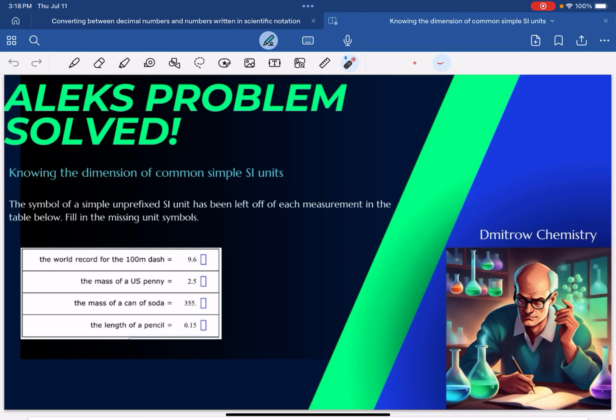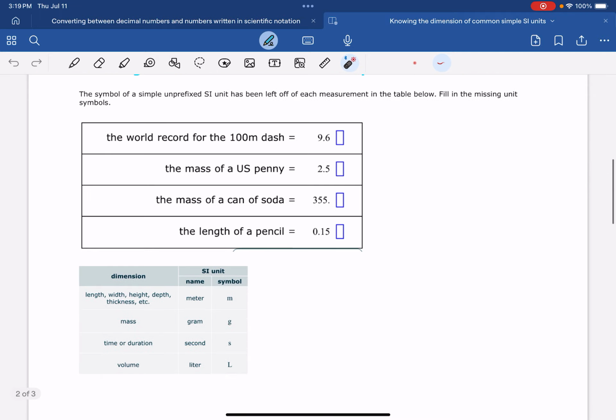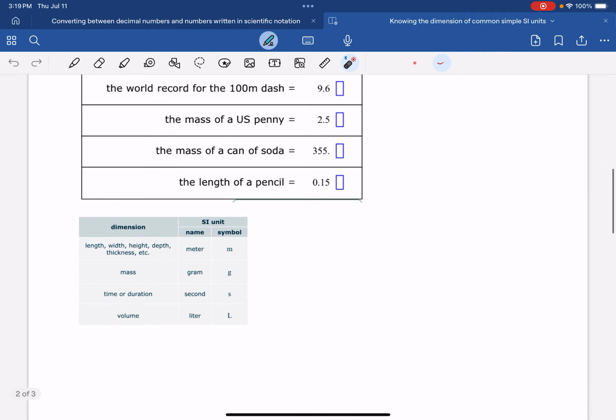All right, so this is probably the most basic type of problem you can have. It's going to ask you, hey, do you really understand what the units are in the SI or the metric system? So they're just giving you different measurements, and they're asking you, oh, by the way, put in these spots right here what the units are for each. Now, I'm going to go over to our worksheet here, and if you take a look, they've given us